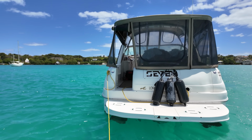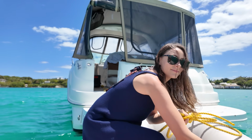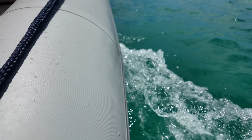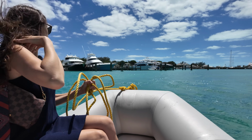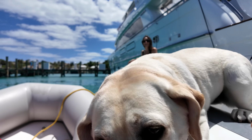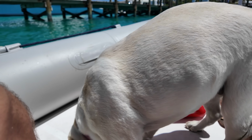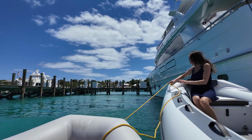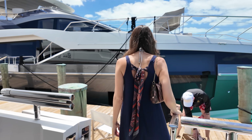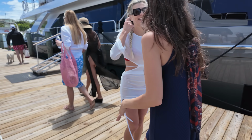Her eyes make the stars look like they're not shining. Yep, I think she always looks beautiful. Without her trying. She's so beautiful. We were meeting at my friend's boat for a beach day. Tell her every day. Yeah. What are you doing? What are you doing, Marina? Oh! How cute. We got somebody here. Let's go. But every time she asks me, do I look okay? I say, when I see your face,